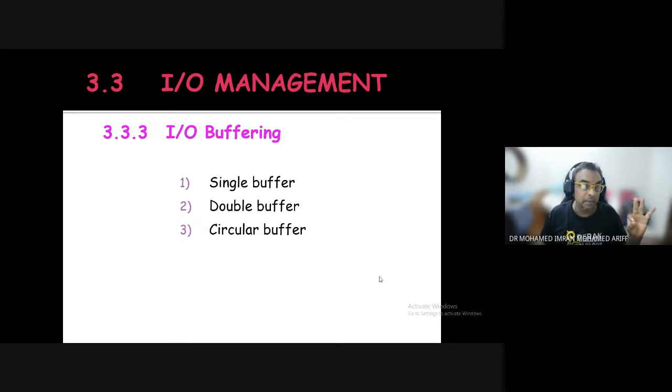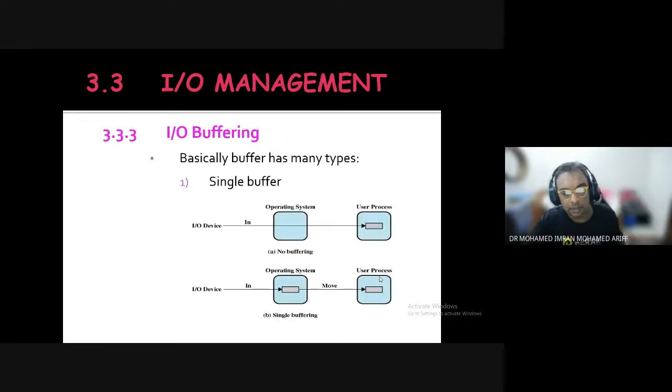One is what we say is a single buffer, double buffer, and circular buffer. A single buffer is basically very simple. There is no buffer. Straight saja data itu masuk. Or, when we talk about single buffer, there is a buffer here inside the operating system, and once it has reached a certain limit, data will be transferred out from the buffer here inside to the CPU over here, or the hard disk over here. Okay. If there is no buffer, data is transmitted directly. If this is done, then it will go much slower than with a buffer.